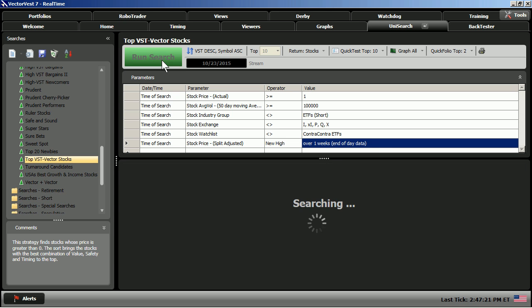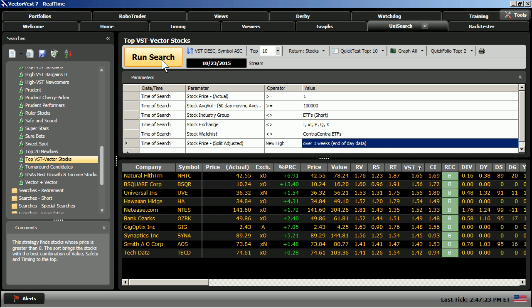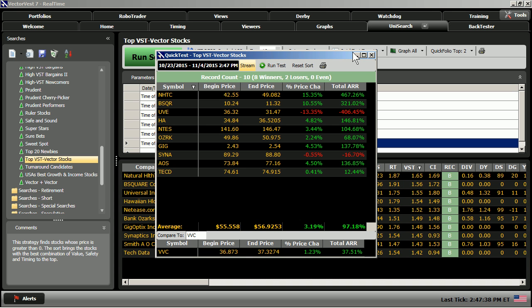We'll run the search, and now we're finding top VST vector stocks that have hit a new high over a 1-week period. Now we'll quick test this basket of stocks, coming along the local toolbar to quick test the top 10, and we've greatly enhanced our performance. Our first run was 0.26. Now we have a gain of 3.19%. Annualize that, that's 97%